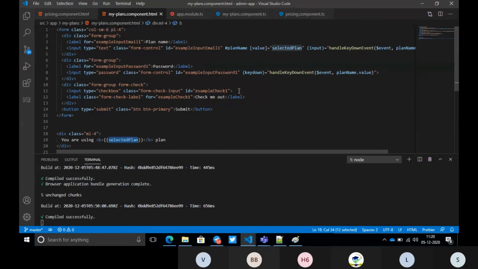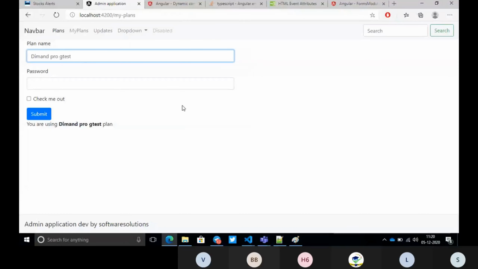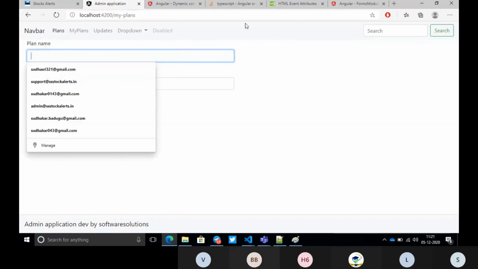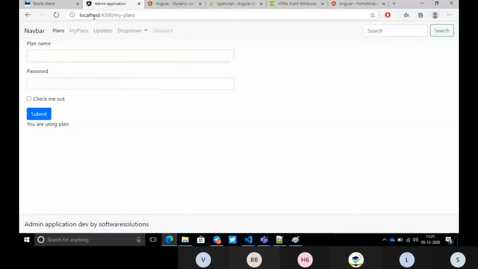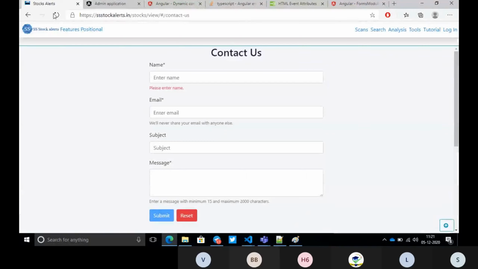In a form, we will not have only one property to bind. We have two properties here: one is name, another is password. So we need two properties to bind these two variables. If we have 10 variables, we should have 10 properties.